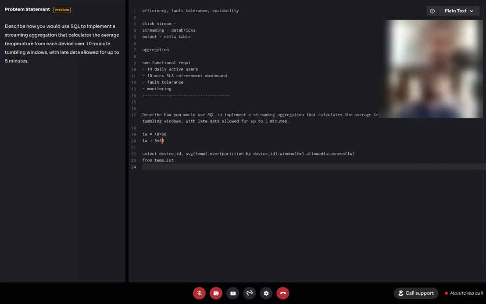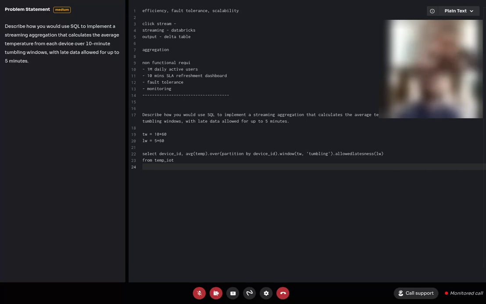So it needs to be a tumbling window, rather than a sliding window, and it's allowing the lateness.